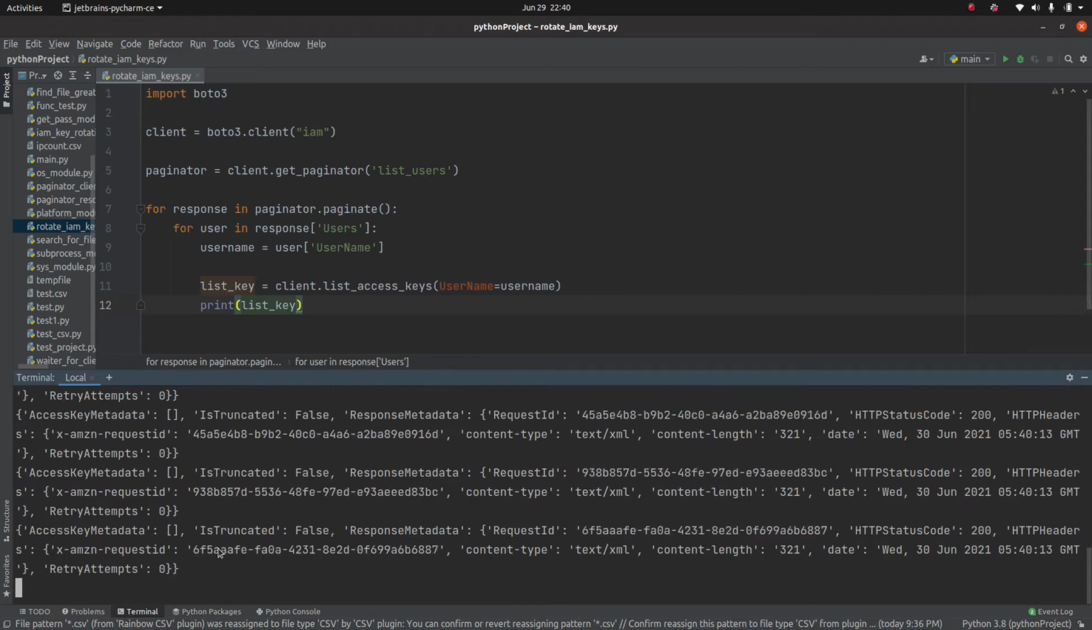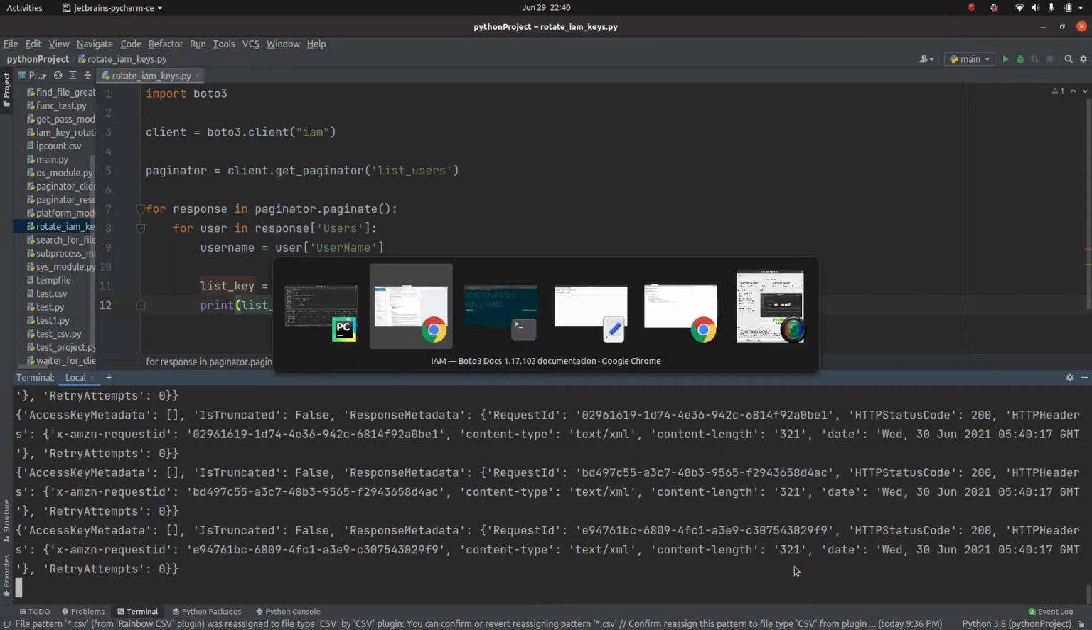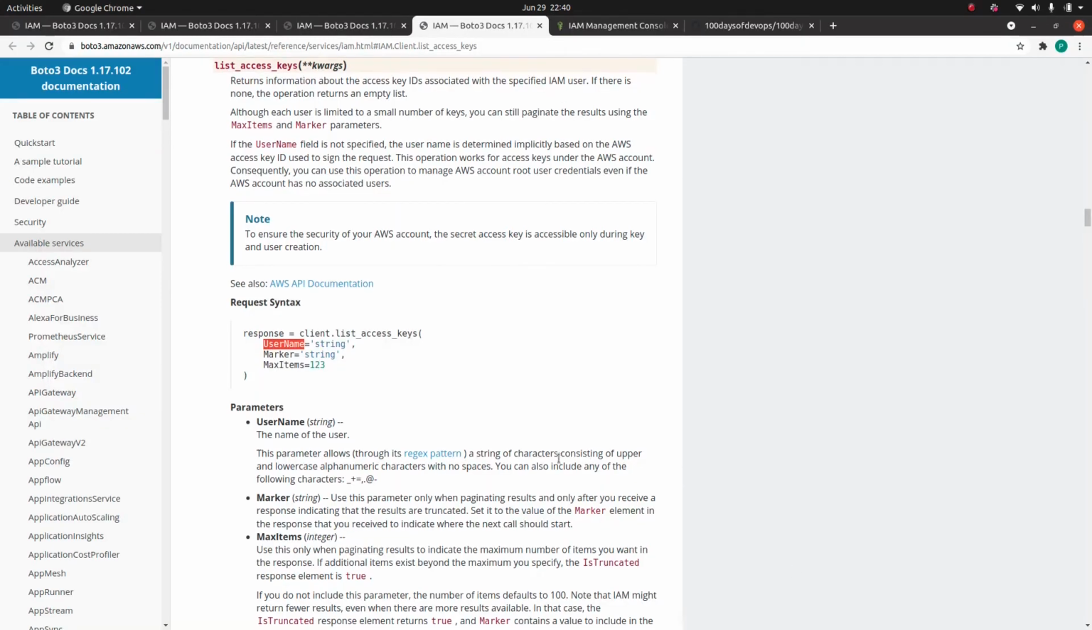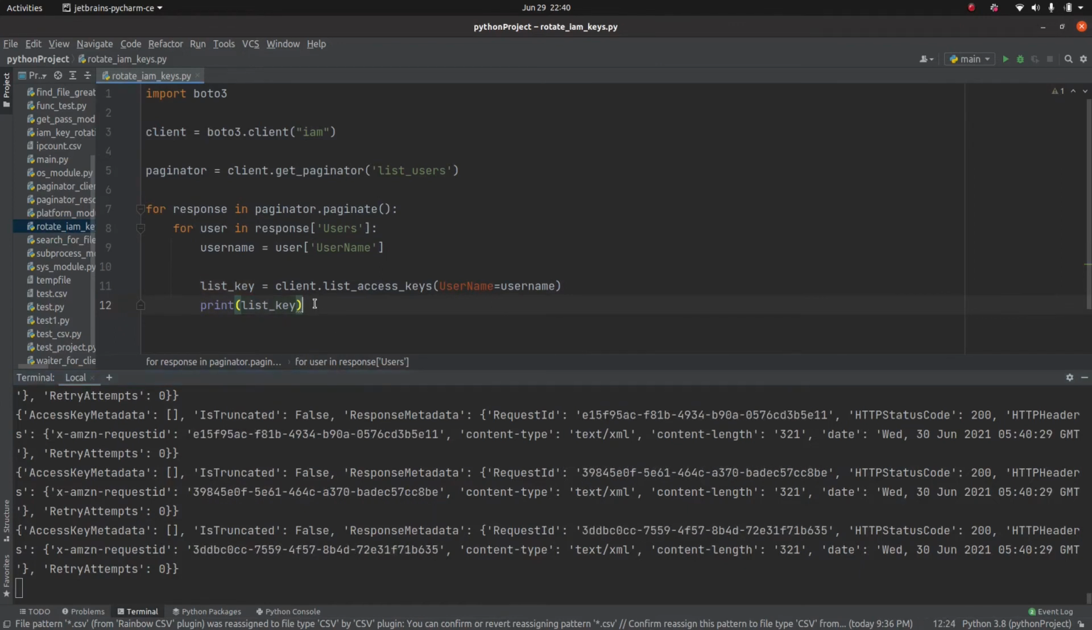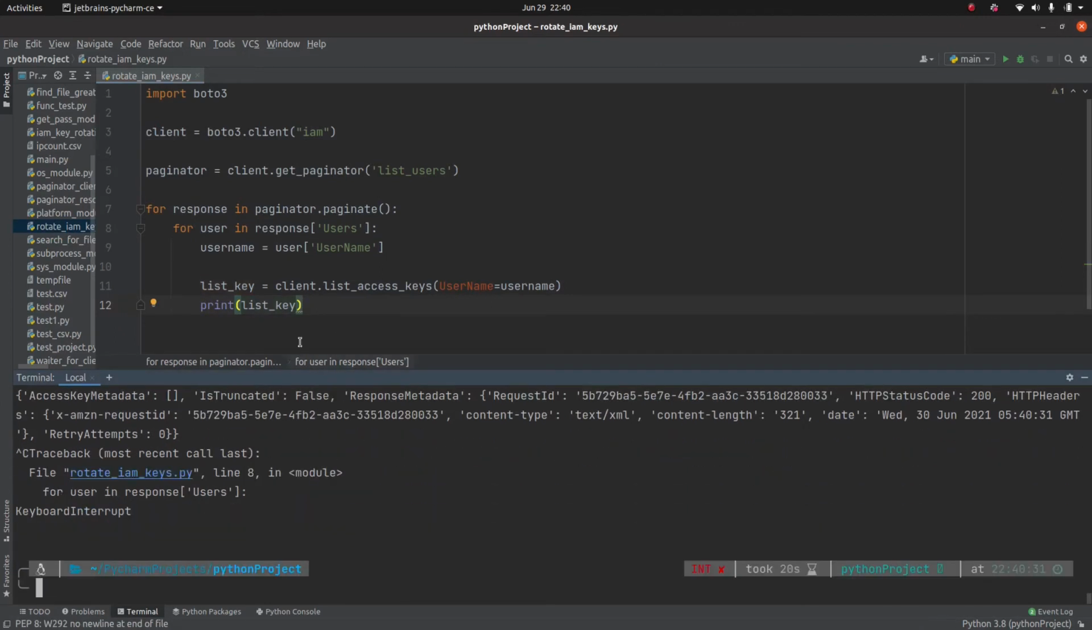Okay, and this time you see we got the response like this. We can also go to the documentation page and see the response. We can get access key metadata, username, access key ID, status, and creation date. Okay, so let me stop this loop, and out of this list key, right,